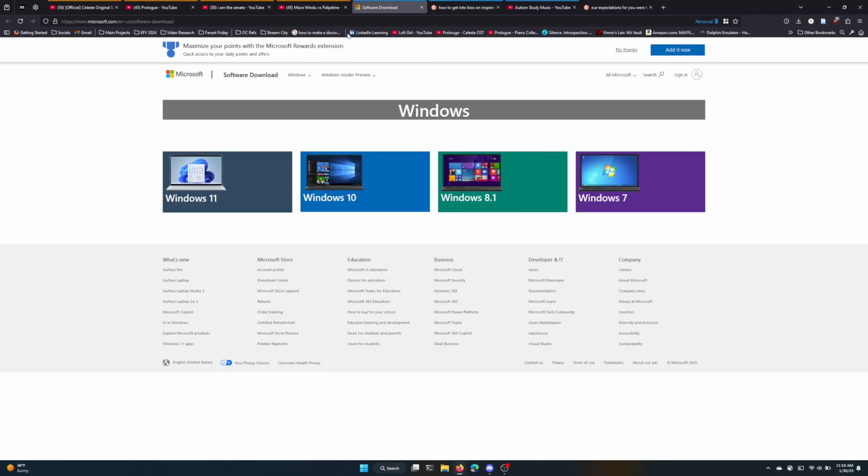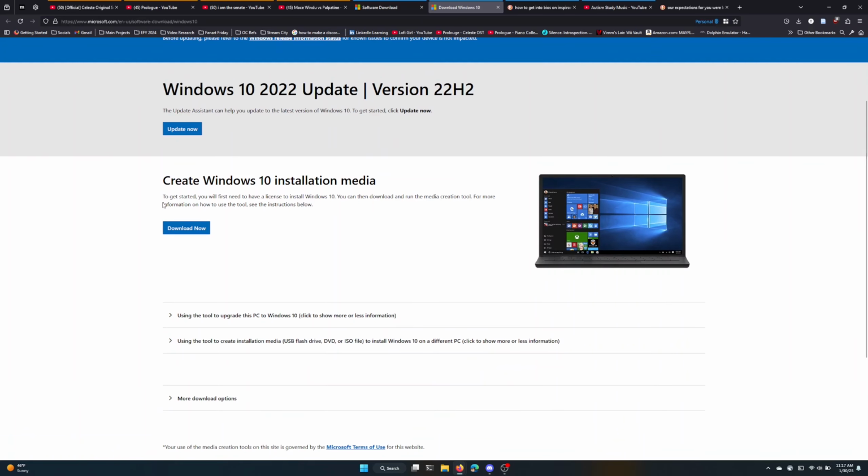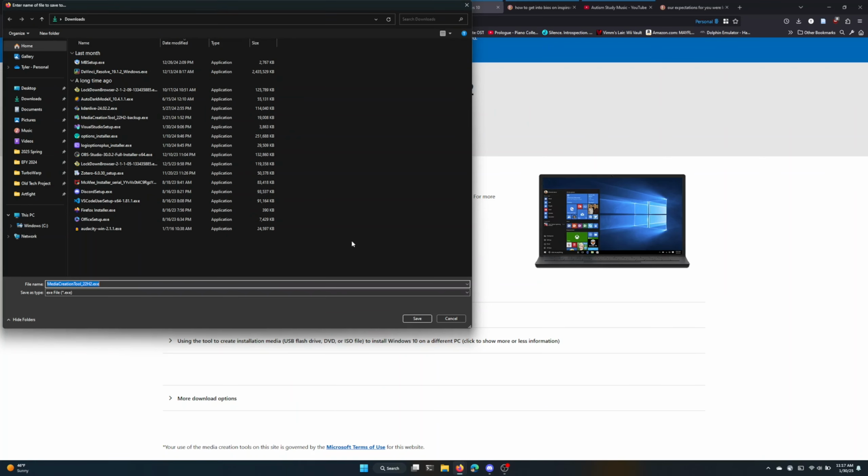So if you want to downgrade your Windows computer, the first thing you need to do is get an ISO file of Windows 10. Now there are many ways of getting one, but for me the most reliable way is from the Microsoft website, going into their software download page. From there I can click on the Windows 10 button and I get redirected to the installation page. And then from here I just need to click on the Download Now button,